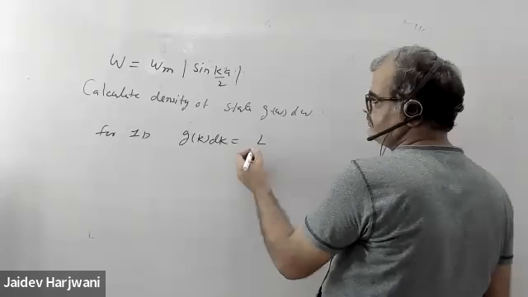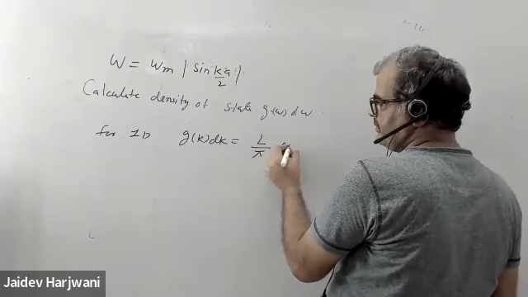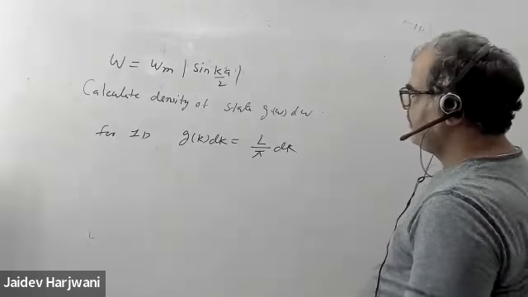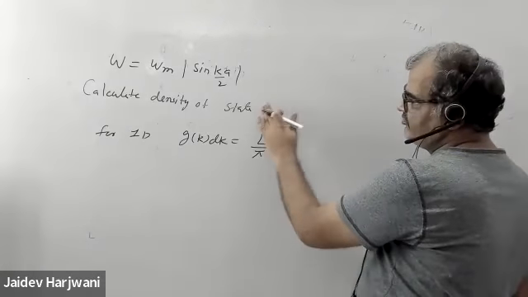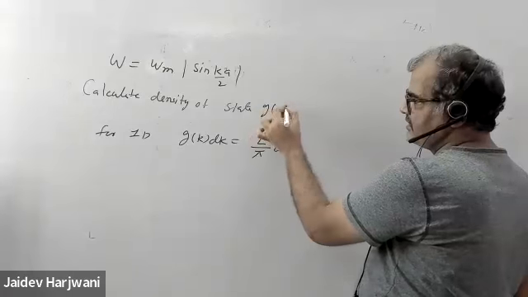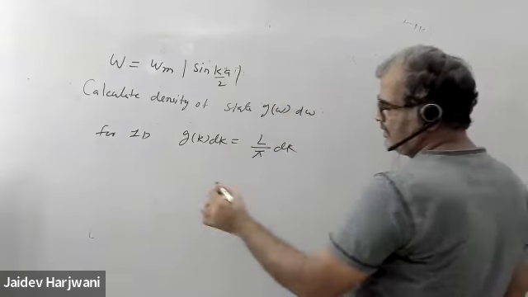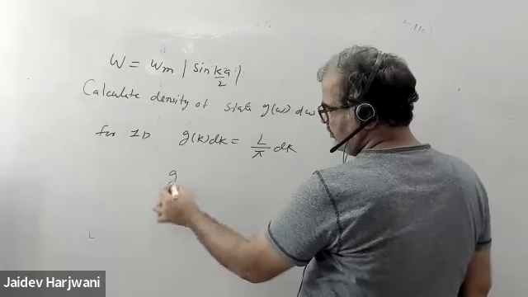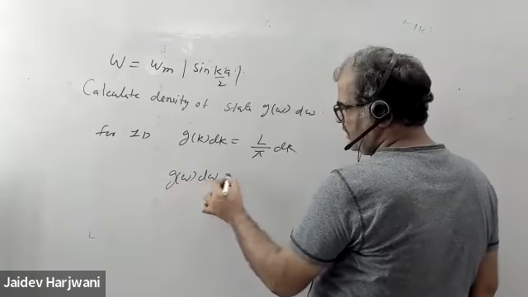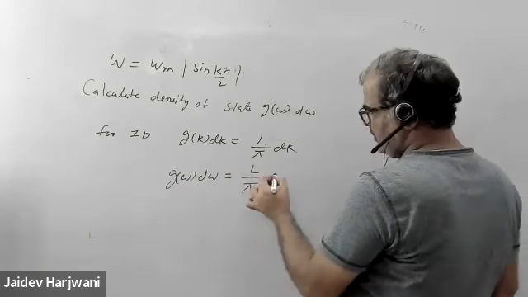1D. L by pi, sir. This one, okay. But now he is asking in terms of frequency only. There's a difference only. He's asking in terms of frequency only. Okay. So if I want to write g omega d omega, so I have to write this as a